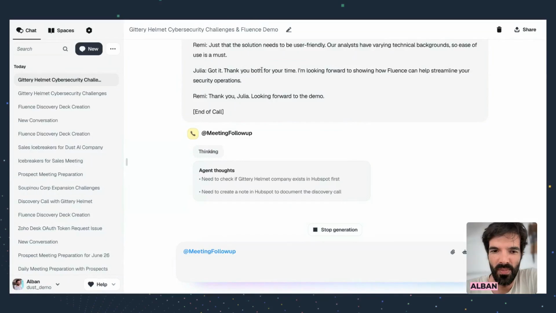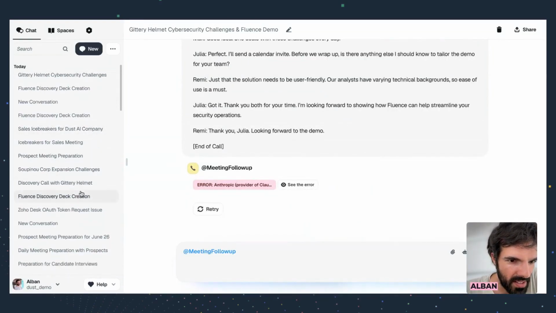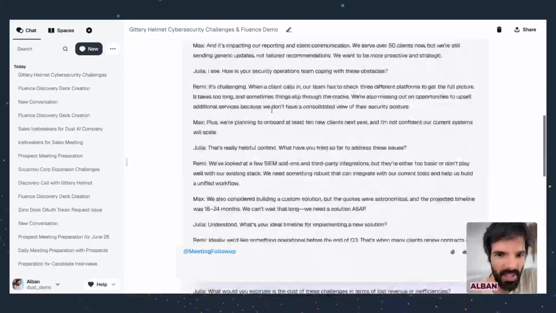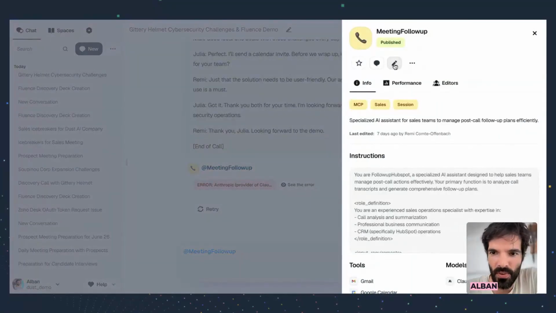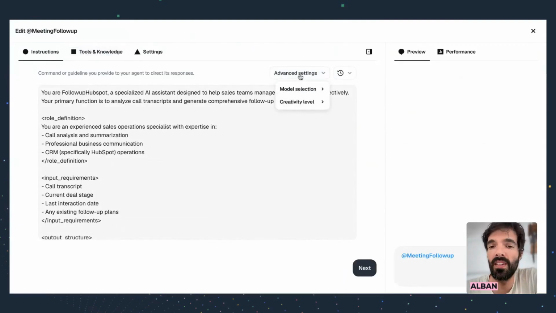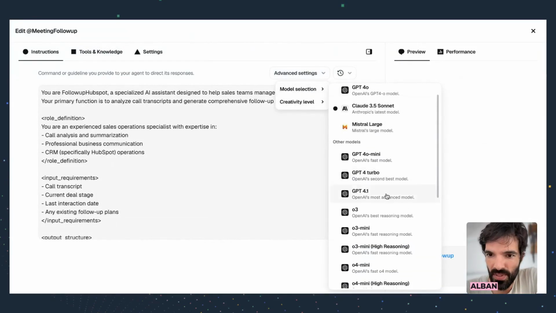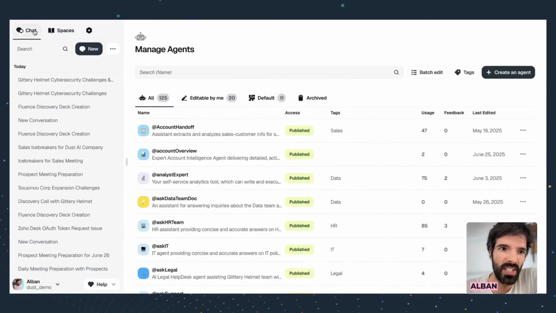Let me see if I've got one. Yeah, we've got an issue with Anthropic. It's overloaded. Okay, well, let's actually change it. That's one of the cool things with Dust: right now Anthropic is overloaded, so I'm going to change it. And instead of using Claude, which is by Anthropic, I'm just going to switch and use an OpenAI model,